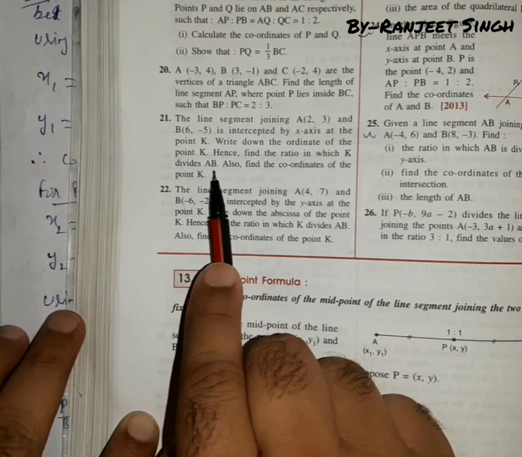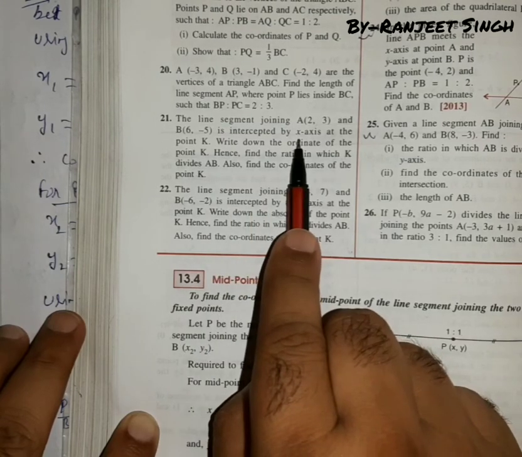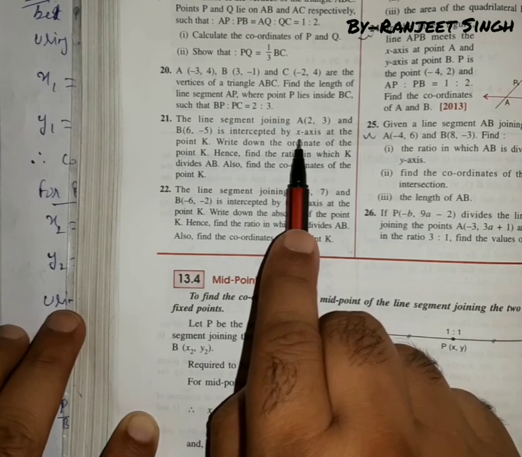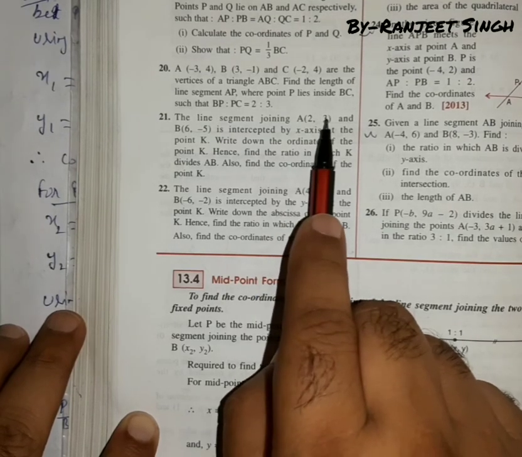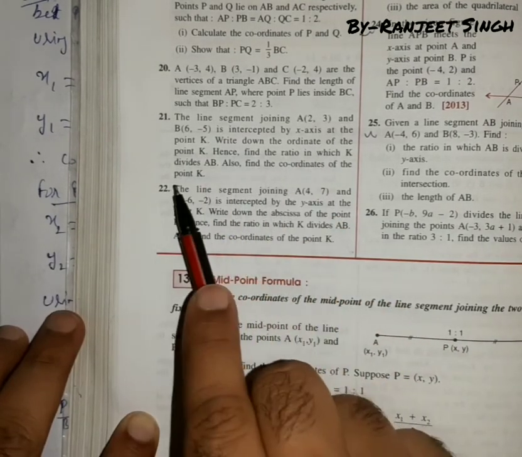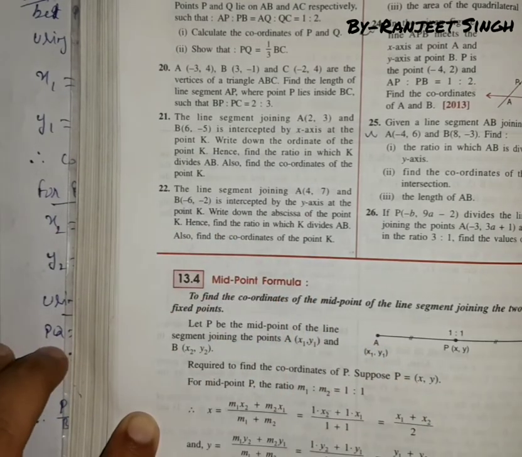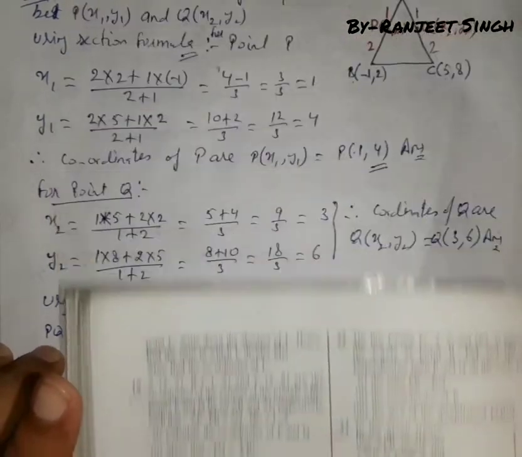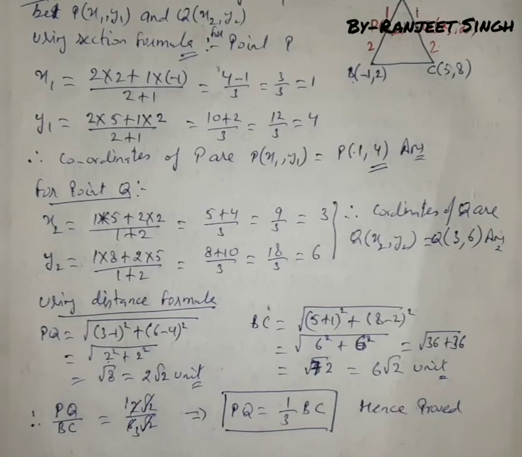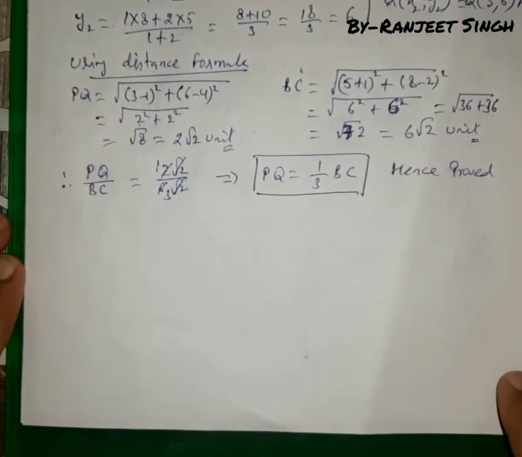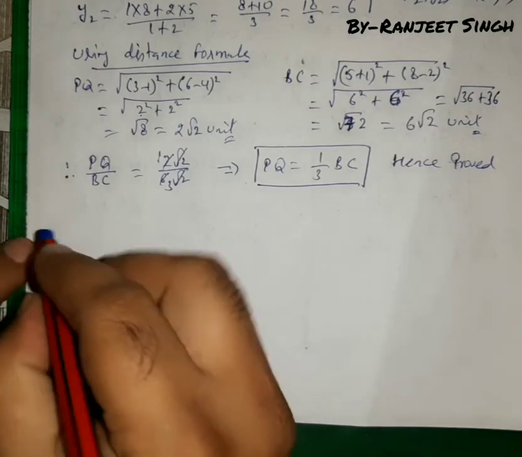So in this part, on x-axis y is equal to 0. So we have already discussed about this, that m1 over m2 is equal to minus of y1 over y2. So by using that we will get the answer as 3 over 5, and then we will have to find the point K, means we will have to find the value of x also. So looking at the solution of question number 21. Now solution for question number 21.